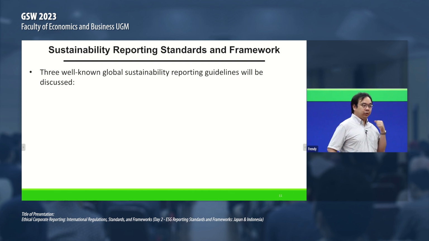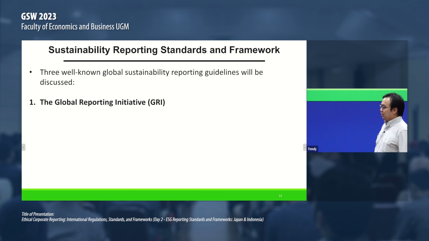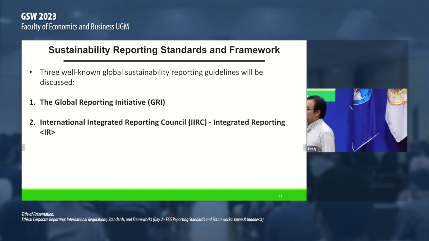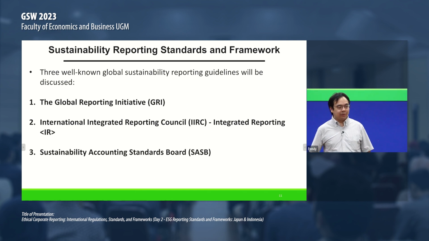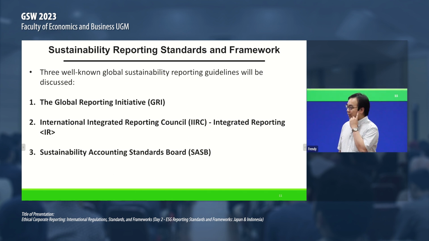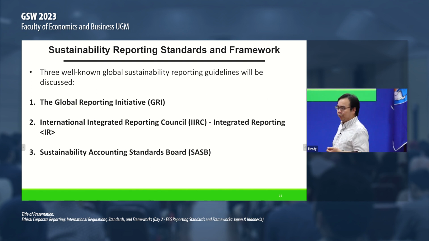Okay, first we are going to show you the first three, and then we'll cover some others that are well known. And for each of these standards and frameworks, I'll show you an example of one or two companies and how they applied it. So first is the Global Reporting Initiative, GRI. Okay. Second, integrated reporting. And third is Sustainability Accounting Standards Board, SASB. Again, this is not a complete list. Okay. This is just three of the most well-known. If you look further, there could be dozens of them.